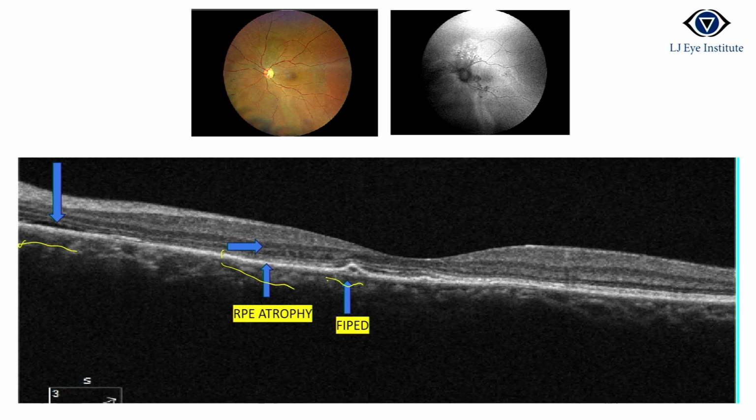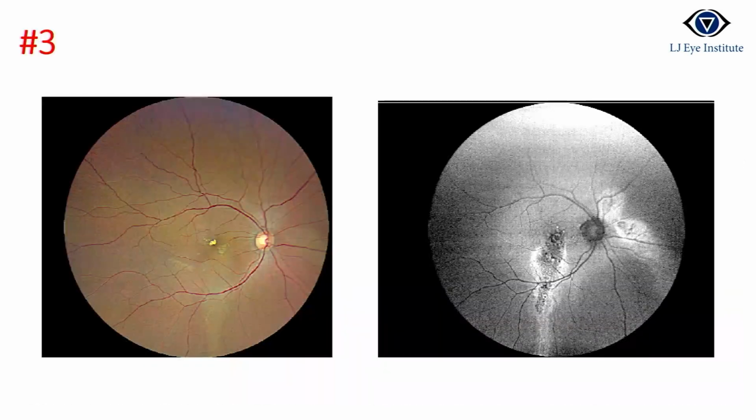This is a flat irregular PED, that is FIPID. This and these are the features which generally suggest that this is a chronic CSCR if we see a pocket of SRF. Generally, this patient doesn't need any treatment but reassurance and follow-up. But at the same time we see another patient of chronic CSR. Here again there is a track very nicely seen.